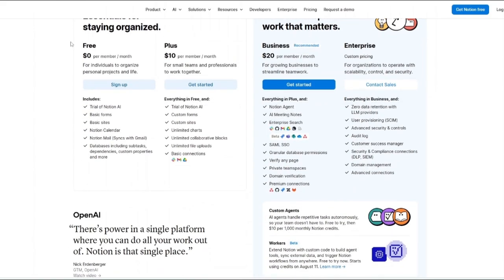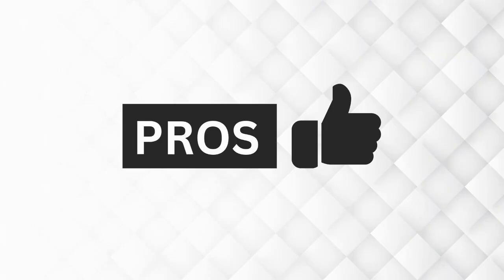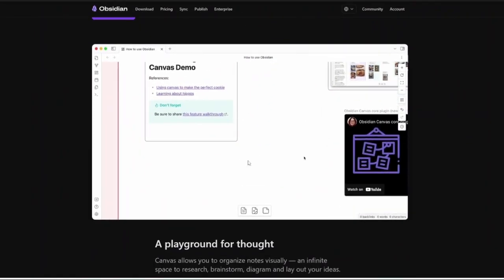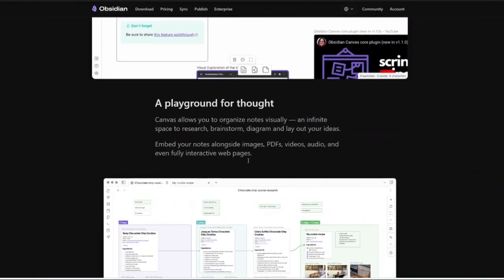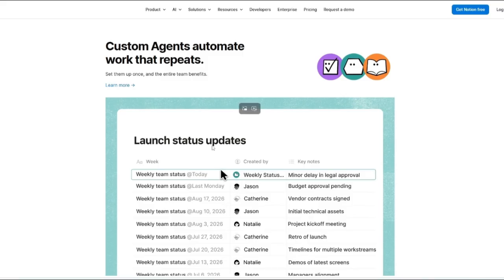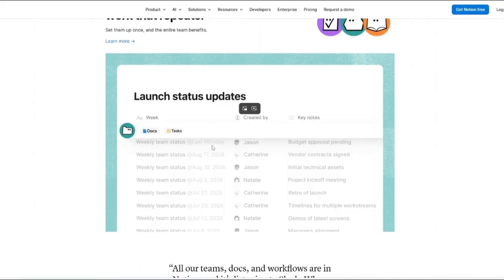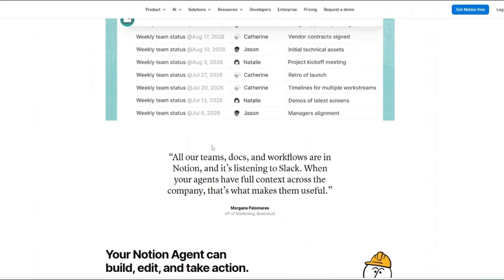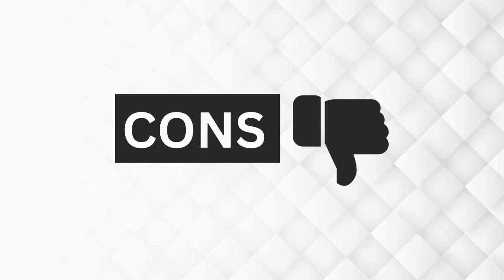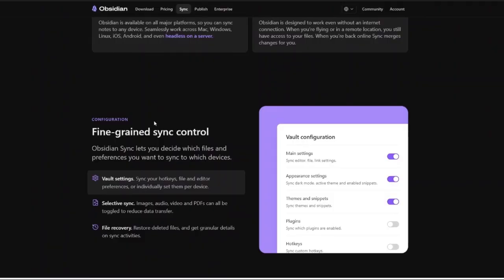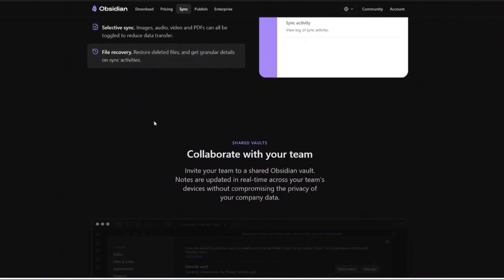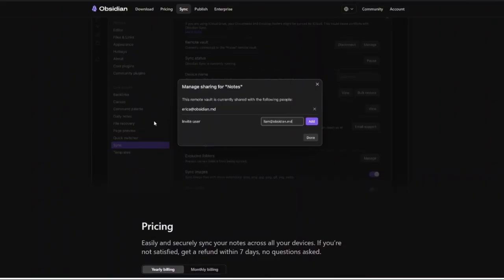Now, what are the pros and cons of each? We start with the pros. For Obsidian, you have complete ownership of your notes, excellent privacy and security, it works offline and is extremely customizable. And the pros of Notion? It's easy to learn and use, beautiful interface, excellent collaboration tools, and powerful databases. How about the cons? For Obsidian, it has a steeper learning curve. It can feel overwhelming initially. The collaboration features are limited compared to cloud-first platforms, and setup often requires customization to reach full potential.